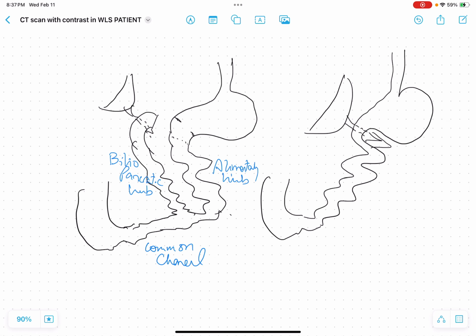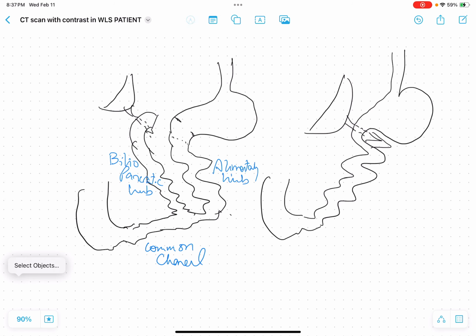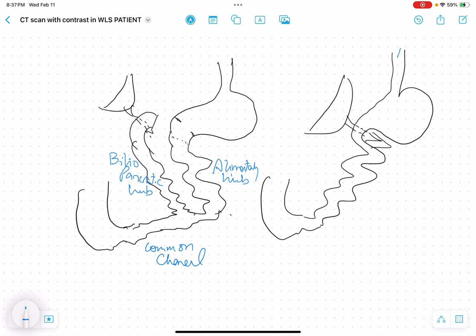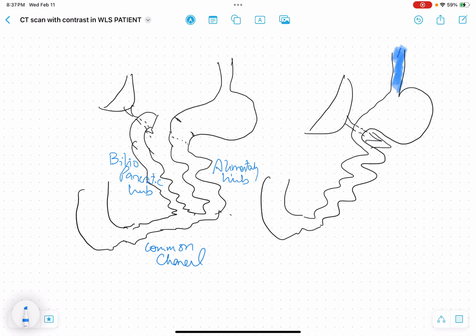Hello. There's been some questions about the need for gastrografin on CT scan, and I want to make that point here. So, in normal cases, when patients have a CT scan and they drink contrast, the contrast will go down from the esophagus down to the stomach, and it will go all the way down the path of the small bowel